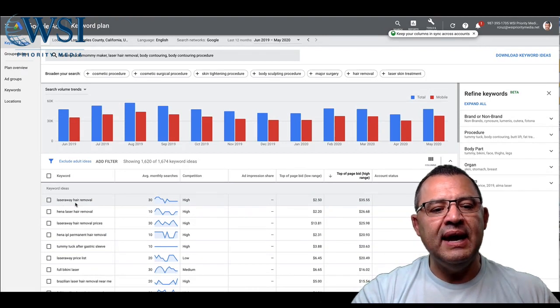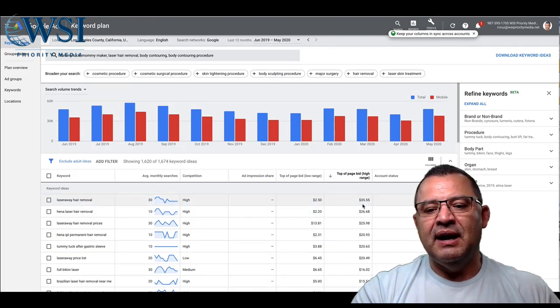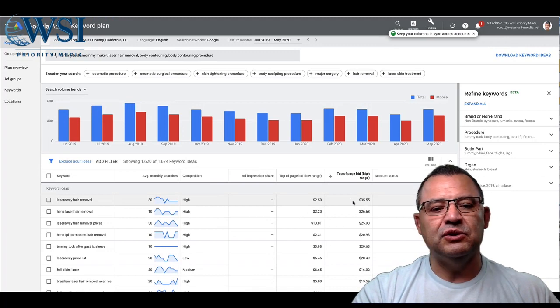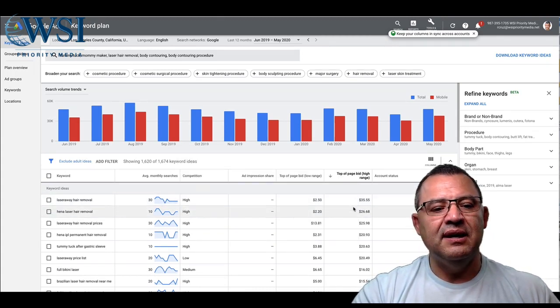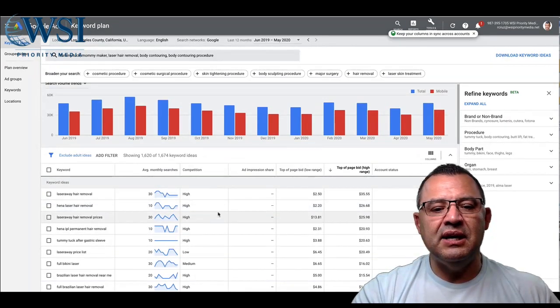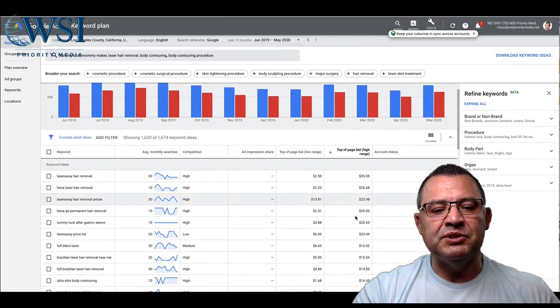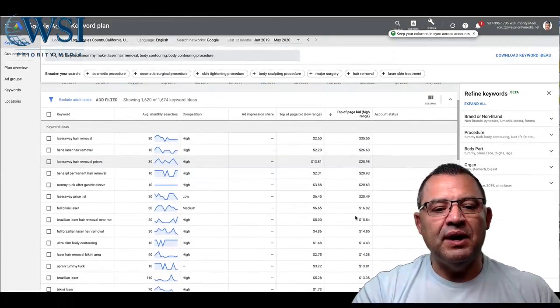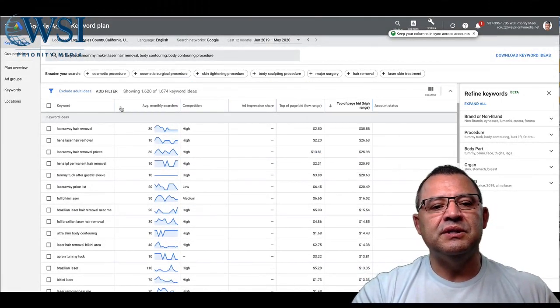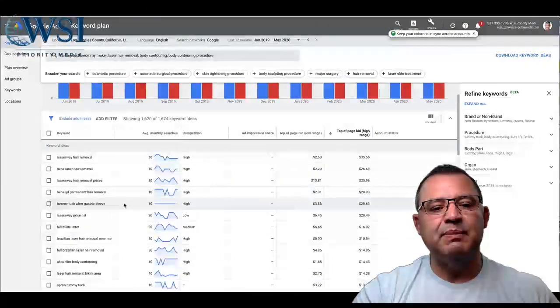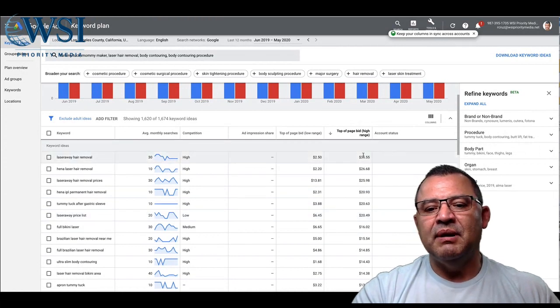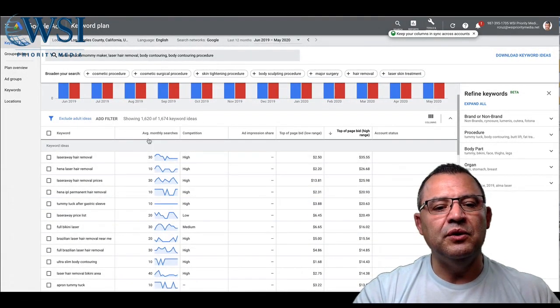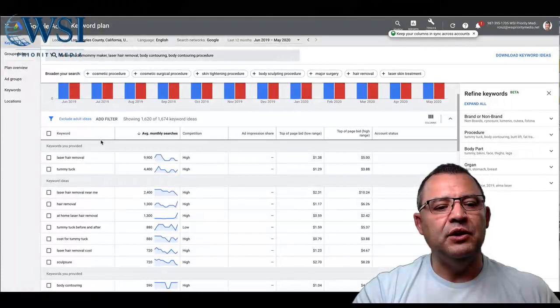And laser away hair removal, that's a brand term. And that brand term, it looks like a lot of people are trying to use that to go after. And so there's not that many searches in LA County. I don't know if I'm too interested in it, but we can test it and see. But at least you're looking here to see where the most expensive terms are. And they're really just for one-offs. And so by being able to use this column of monthly searches, now what you can do is you can start building your campaign.